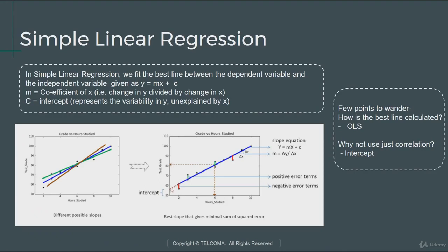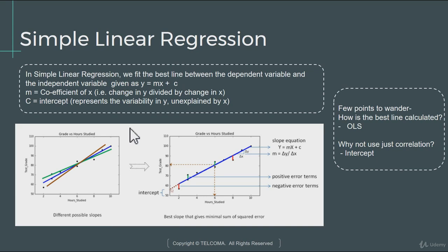So simple linear regression is that scenario where you have one independent variable and one dependent variable. As we can already see in the plot on the left, we plot two numeric variables: the total number of hours studied against the test score or test grade, which is a numeric attribute. You can see it's a plot which resembles the correlation plot we studied in the previous